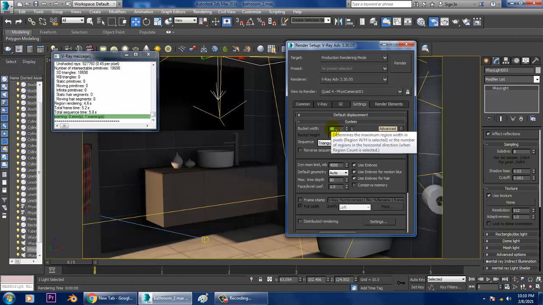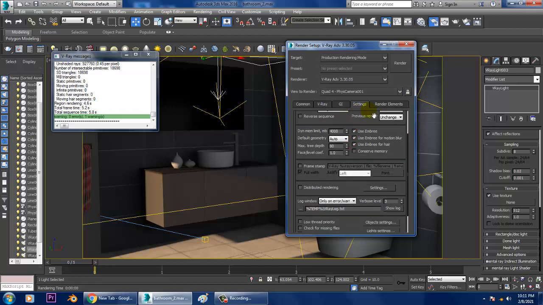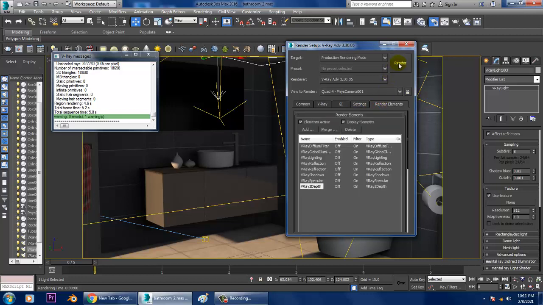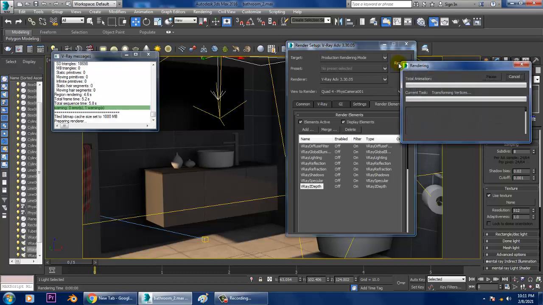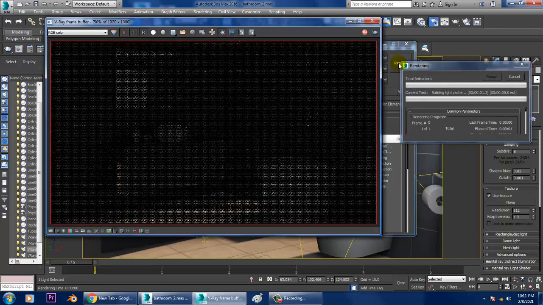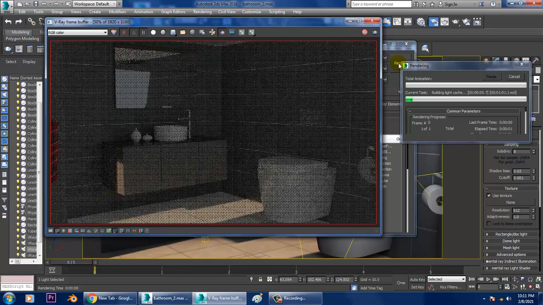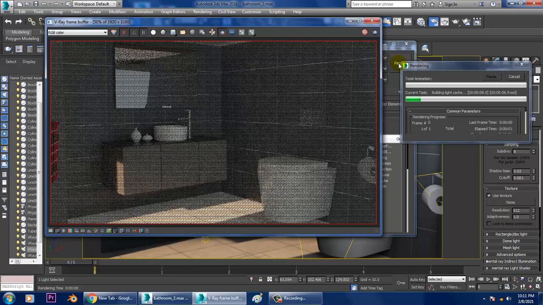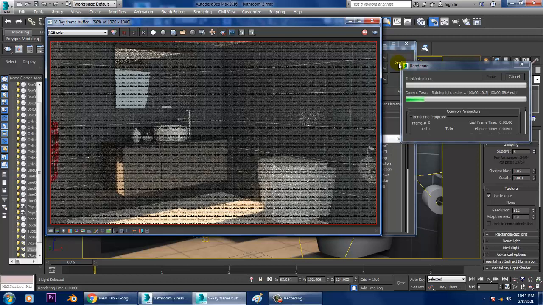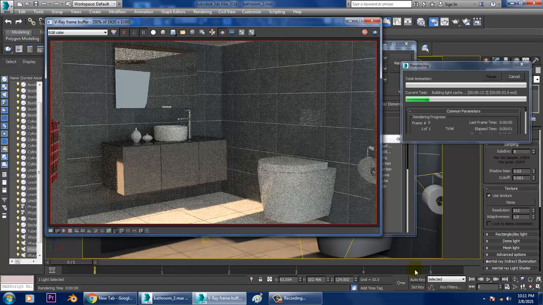I can set it to 32 also, that would look good. Let's render it again. Let it render.